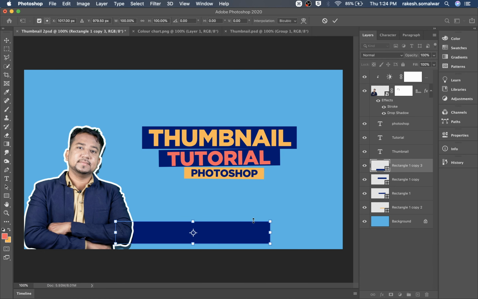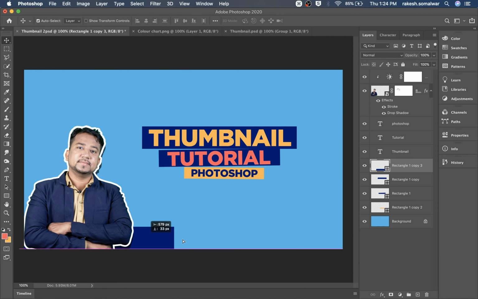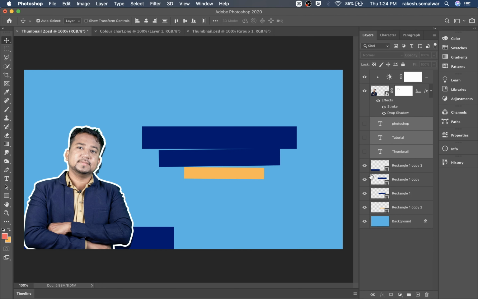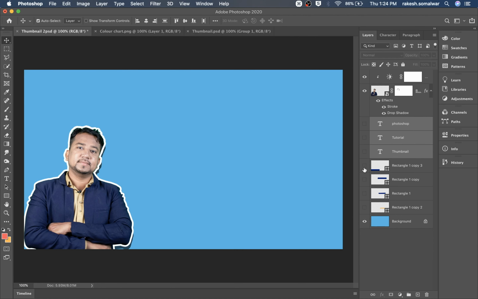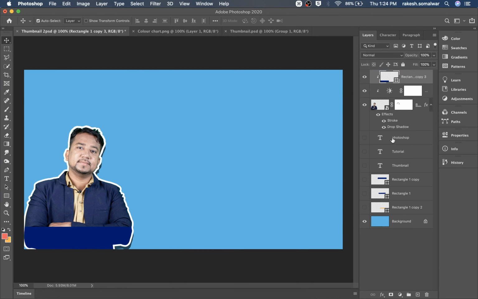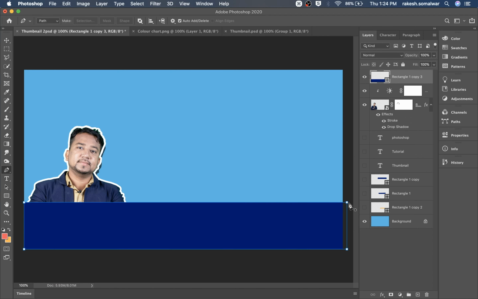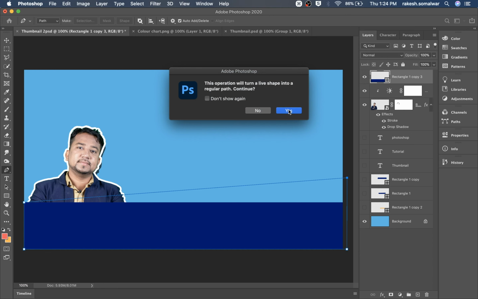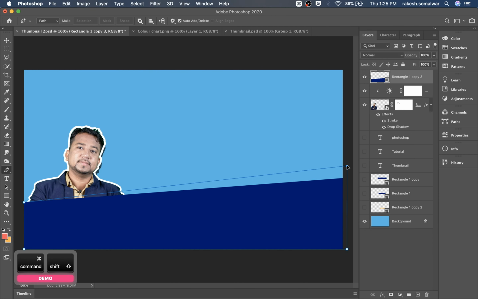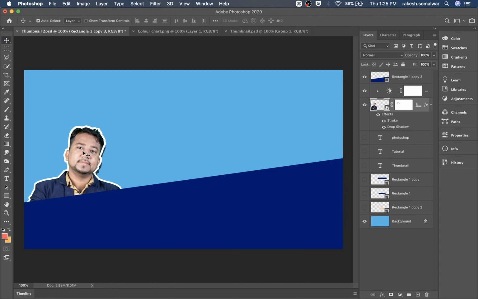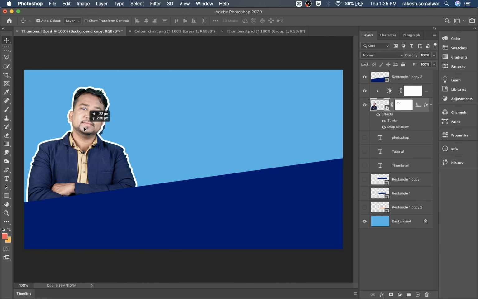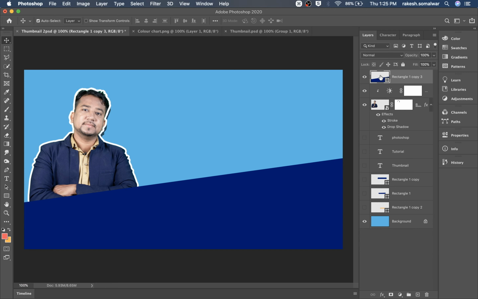Hide the rest of the layers for right now. For the time being, I'm just playing with a single shape. I want to create a new shape. Alt click again to release the clip. Increase the size. Press P for the pen tool. Press Command and select any node to adjust the shape. This way you will get a proper shape to write content.